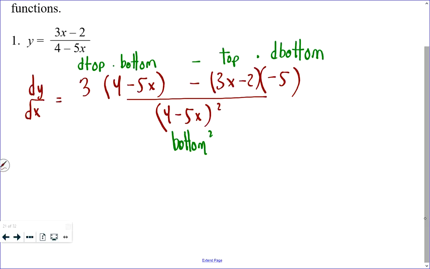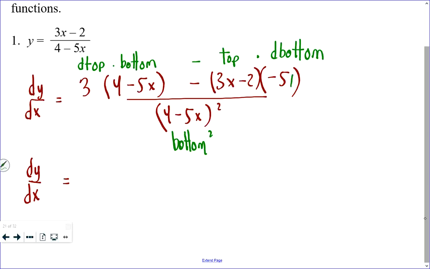And the top has 2 terms. And what I'm in right now in terms of a mode is algebra mode, not calculus mode, algebra mode. The top has 2 terms, so your first thing that you should do is say, is there a common factor I can factor out of the top? And the answer is no, there is not. It would be different if this was